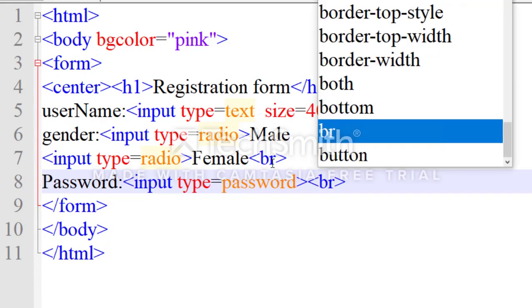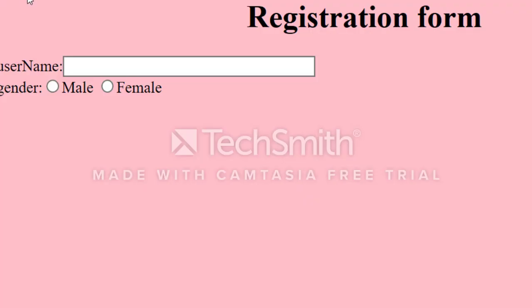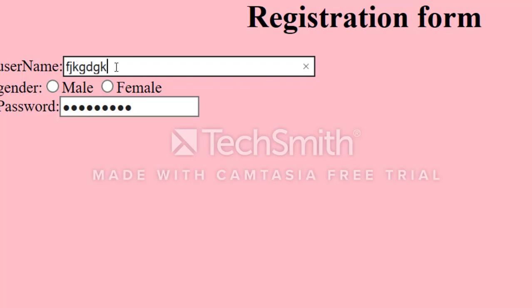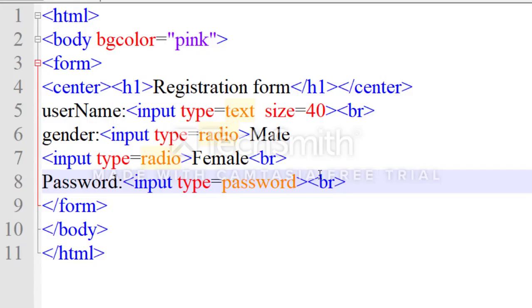Just save this and now run it. Password box, you can see the password is in the password format and the text box is in the text format.